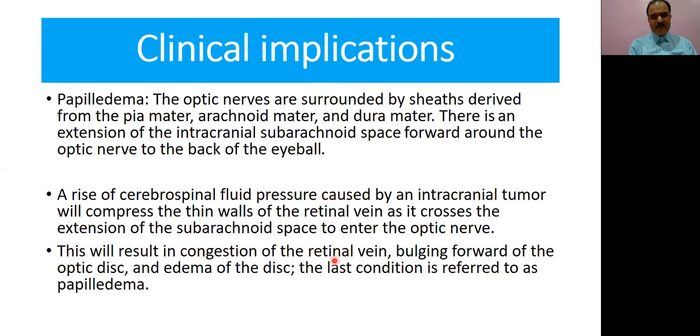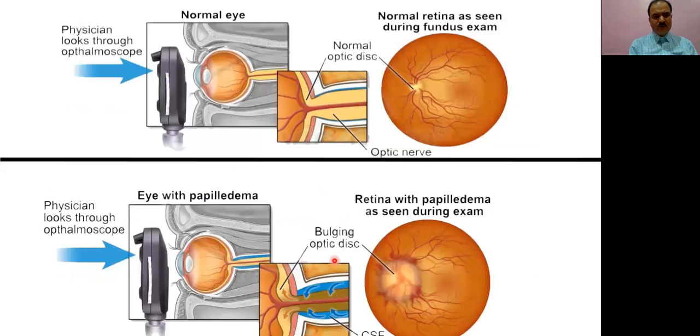So papilledema is the bulging of the optic disc. And if you see how an ophthalmologist sees it, this is the ophthalmoscope. The doctor visualizes your eye through the cornea and sees what lies inside. He focuses on the optic disc and around the retina. And this is the appearance of the normal optic disc and retina. But if there is raised intracranial pressure,